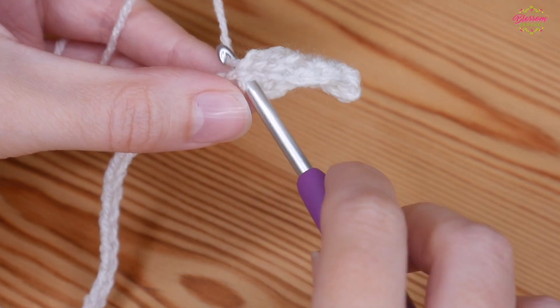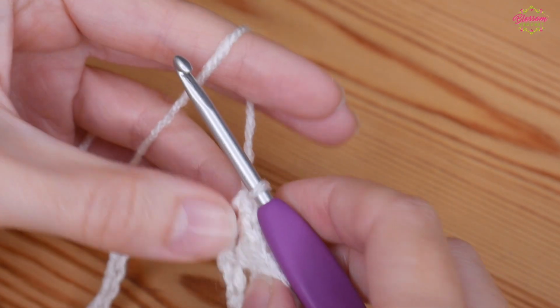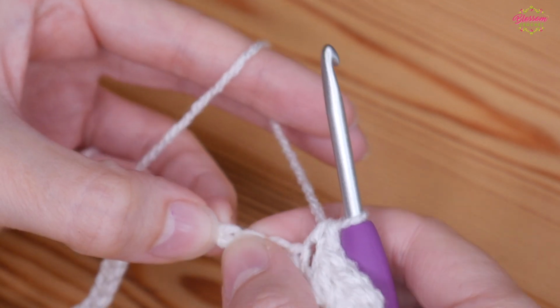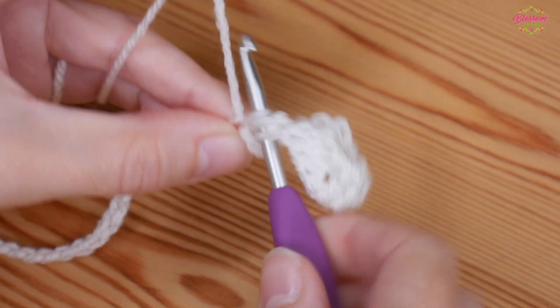So insert your hook, yarn over and pull up, yarn over, pull through both of those loops. Again, you're going to skip 3 chains, and into that 4th one along you're going to do your 3 trebles, chain 1, 3 trebles. So